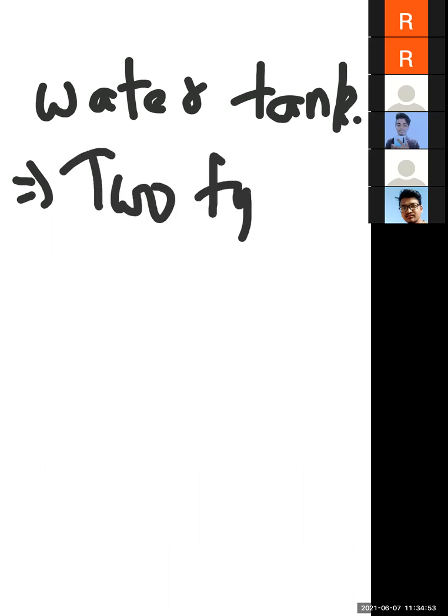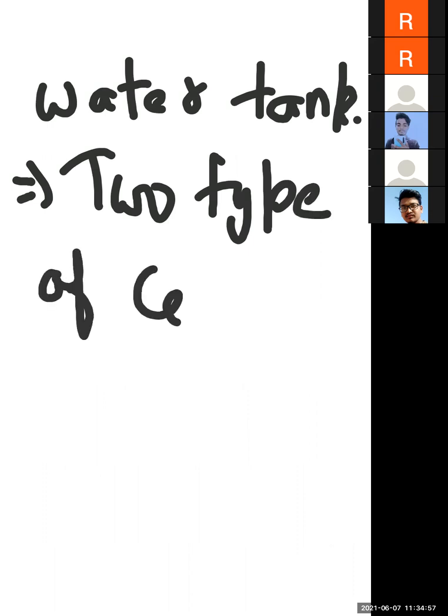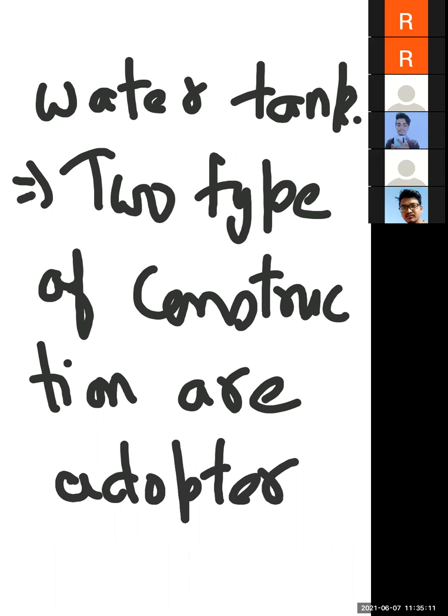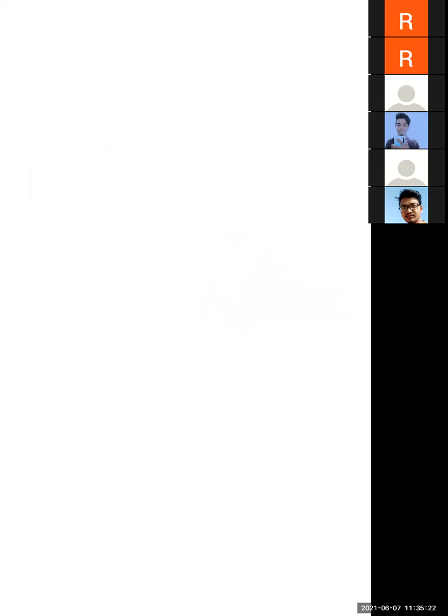Two types of construction are adopted while designing or constructing a circular tank in the field. Number one,